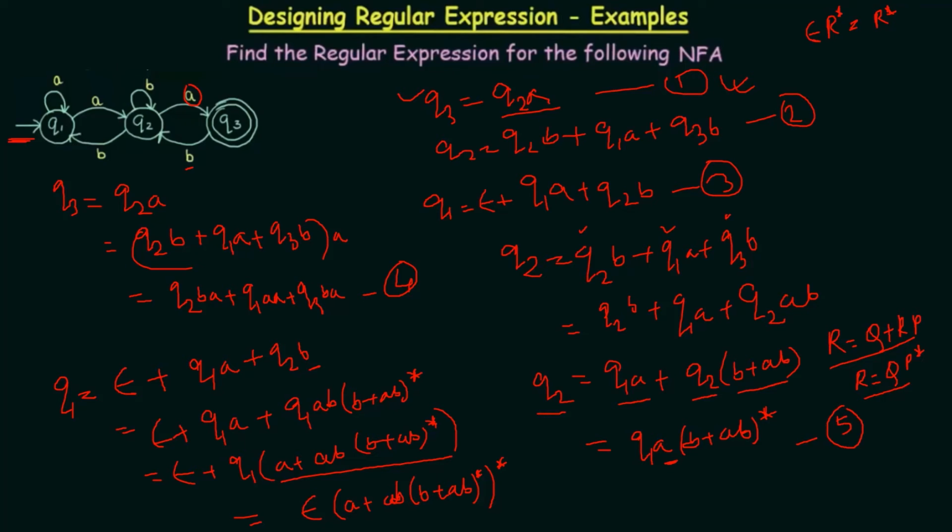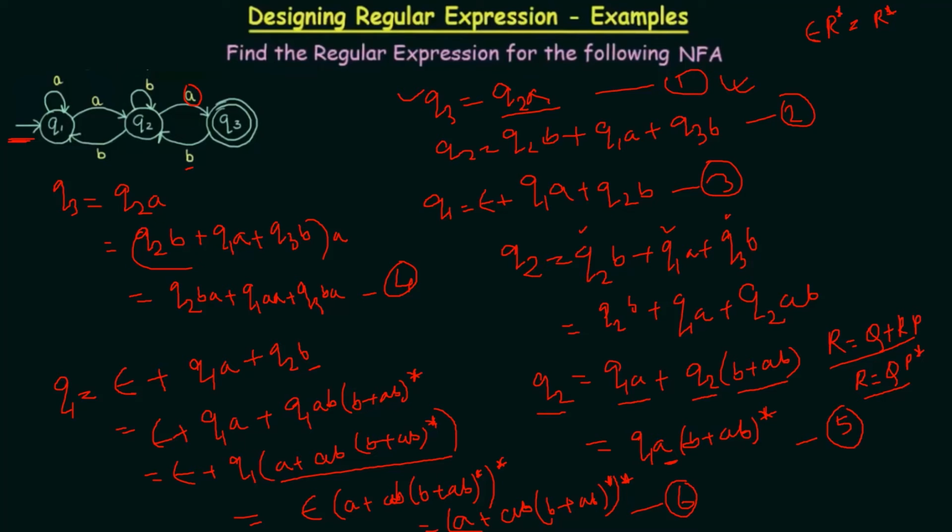So that is basically (A + AB)(B + AB)* whole star. Okay. Now what we have to do is we just need to put this value of equation 6